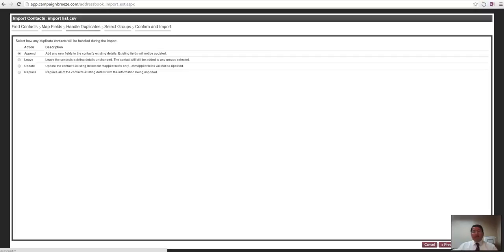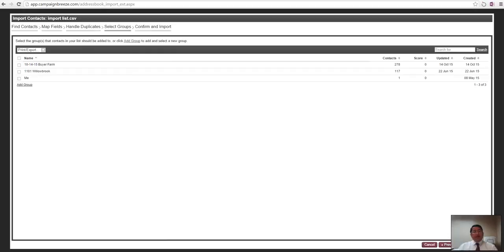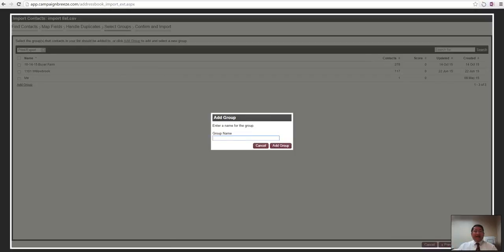So I'm going to click on next step. It's going to ask you, do you want to append, leave, update, or replace? If you already have the contacts on the list, I'm just going to leave it as append for now. You can read that information. I'm going to click on next. Now it's going to ask you, which group do you want to add these contacts into? So in this case, I'm going to just add another group. I'm just going to call it my buyers as of